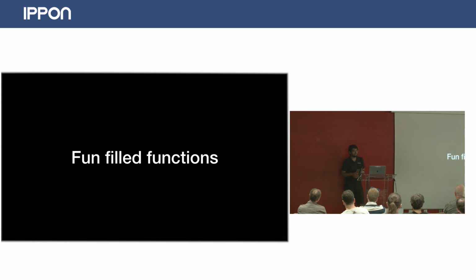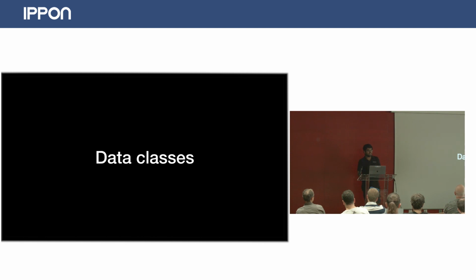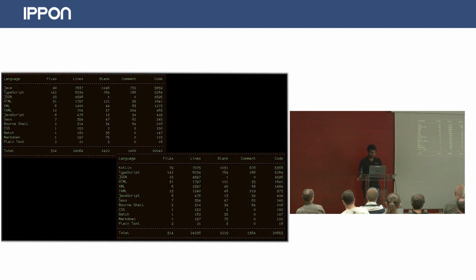And the functions are fun. By the fact that we just define fun for the functions, it's fun-filled functions. And data classes are much easier to write. We will see the data classes as well as the functions later when we are creating an application with Kotlin Hipster. And this is another important thing. Is it visible? Is it okay? Yeah, so as you can see here, we are at the start of Kotlin Hipster, just like version 1 that's released. And as you can see here, the Java code has more lines compared with the Kotlin code. All the remaining things almost remain the same. So it reduces the amount of code that you have to think about. That's one of the major things.